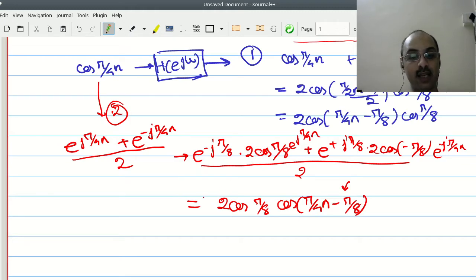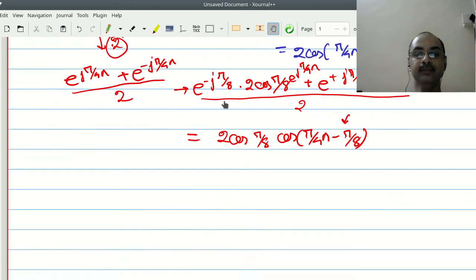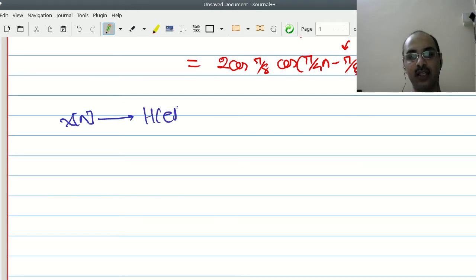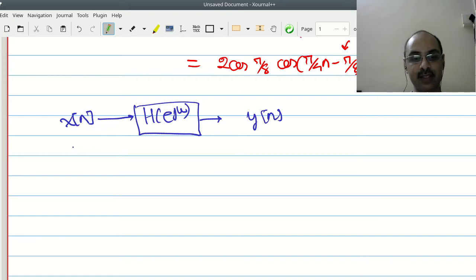It becomes interesting when you understand what the phase actually does. To understand, here is a pictorial way of representing it. You take x[n] and pass it through h[n], a system which has a DTFT of H(e^{jω}), to get y[n]. What actually happens is that you take this x[n], take its DTFT and write it as X(e^{jω}). You multiply it by H(e^{jω}) and you get Y(e^{jω}).